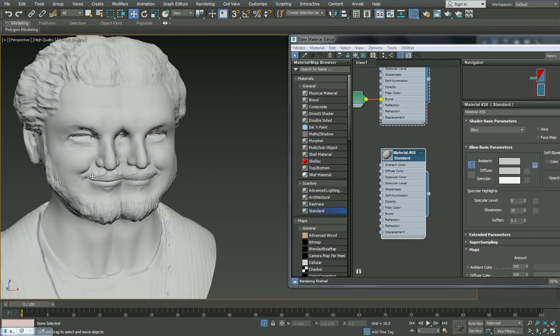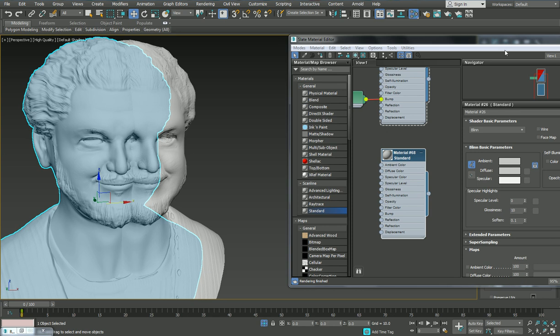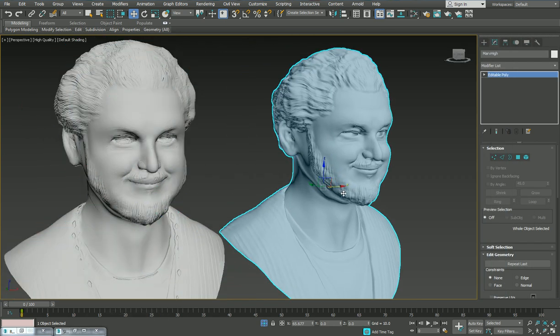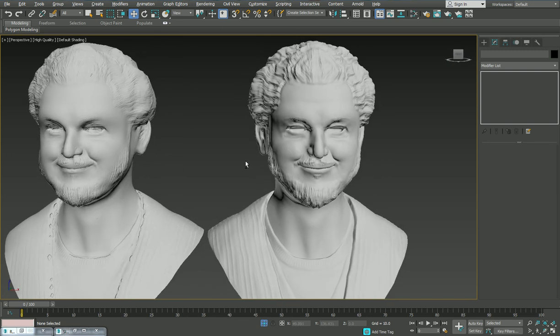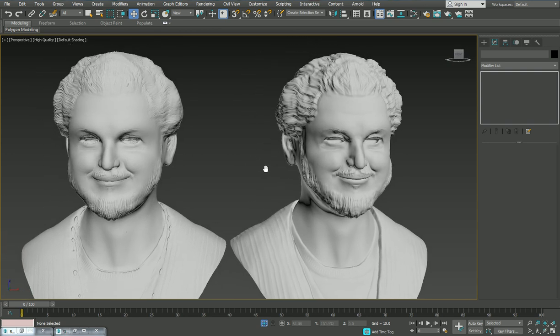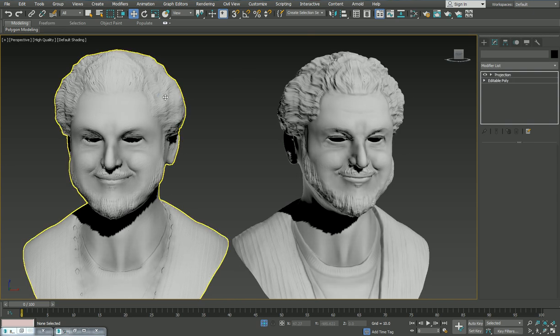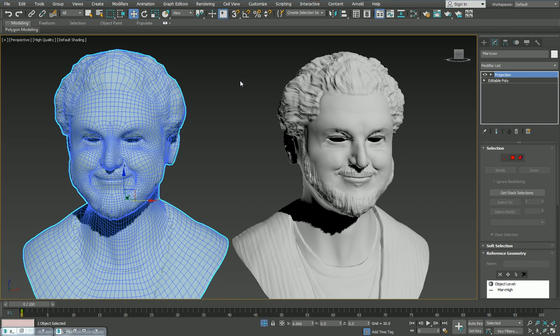Okay, and then so what we have here is, on the right you've got an 8.3 million polygon asset, and then on the left we have